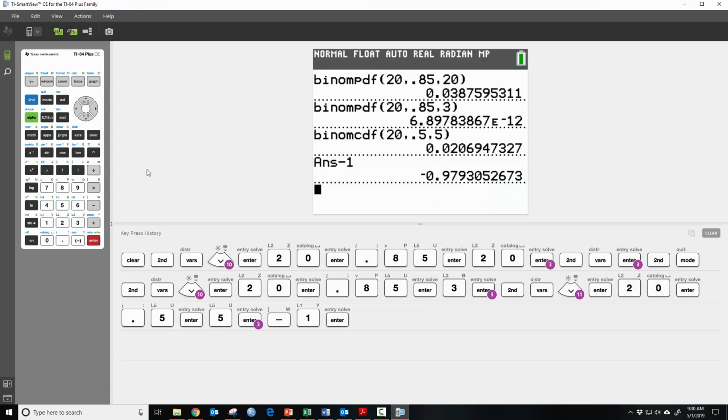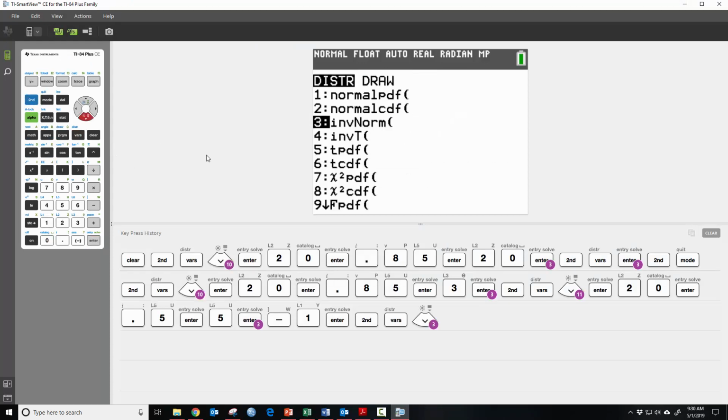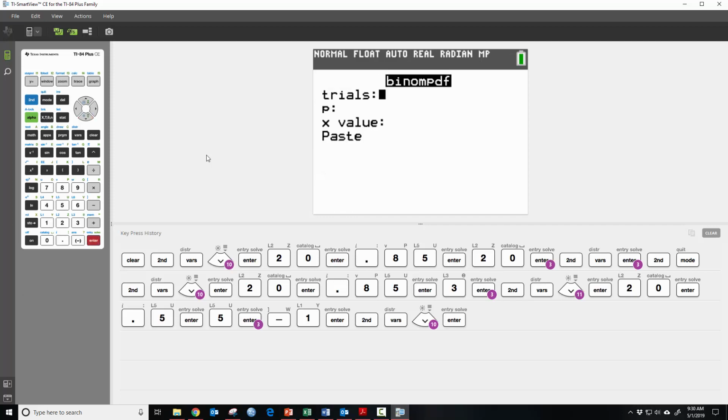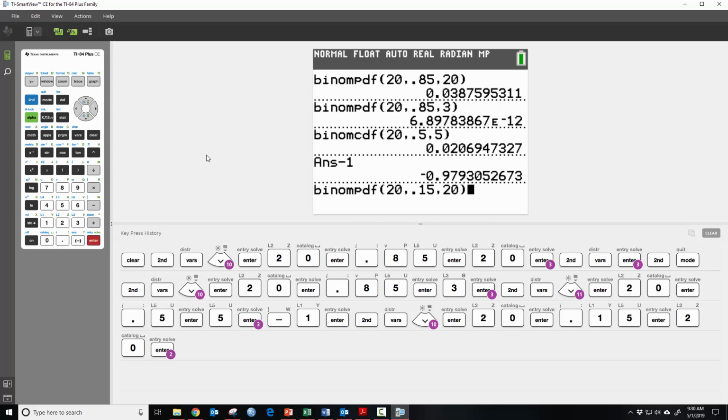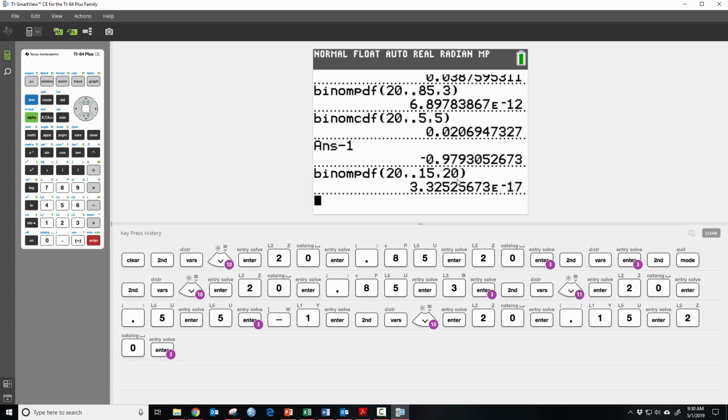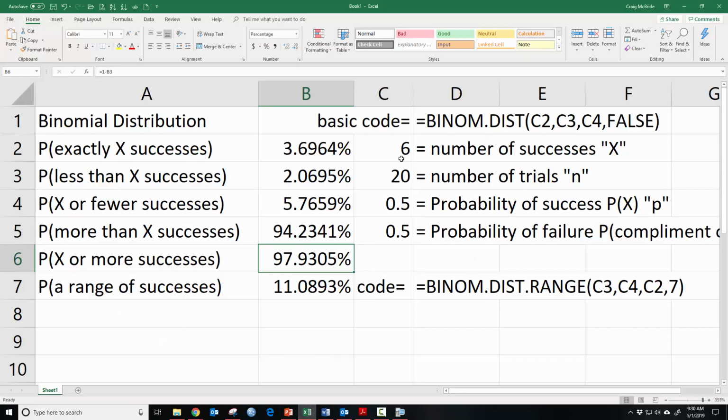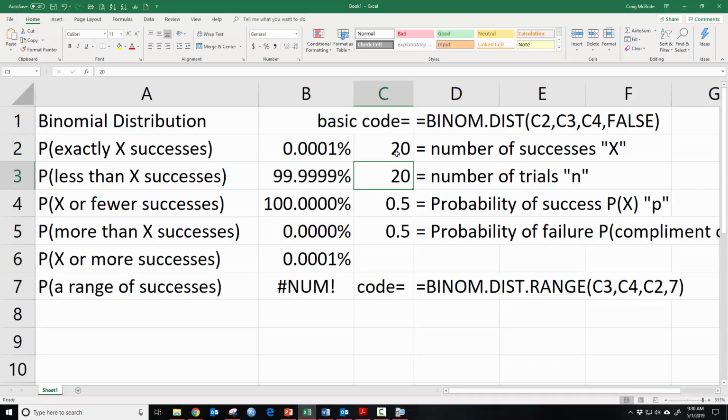Let's try it in the calculator, see what happens there. Binomial PDF, 20 trials, 15%, 20 successes, paste that, run that. You see the same thing, right? A lot of zeros. And then if you do it in Excel, of course, you're going to get the same thing. 20 successes,